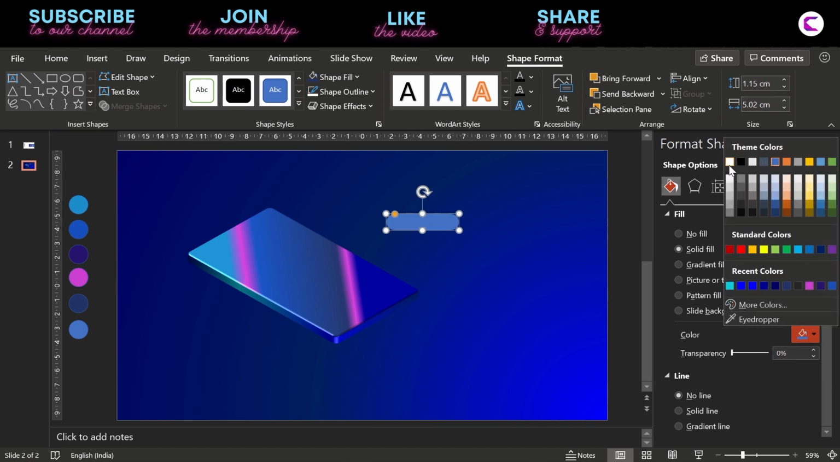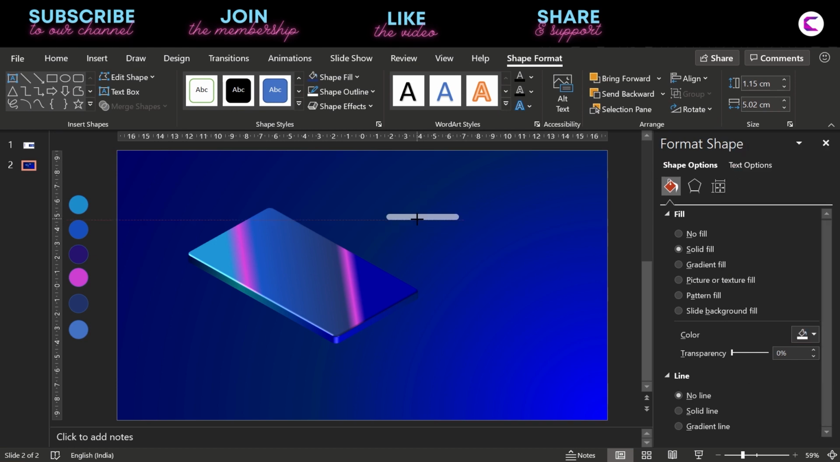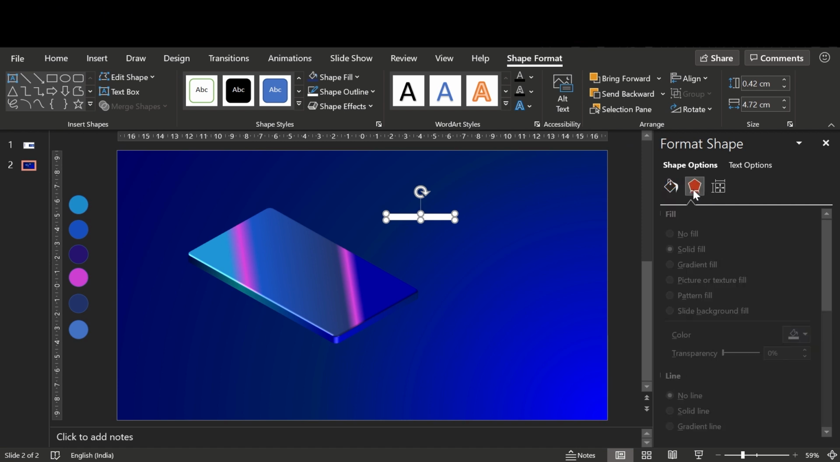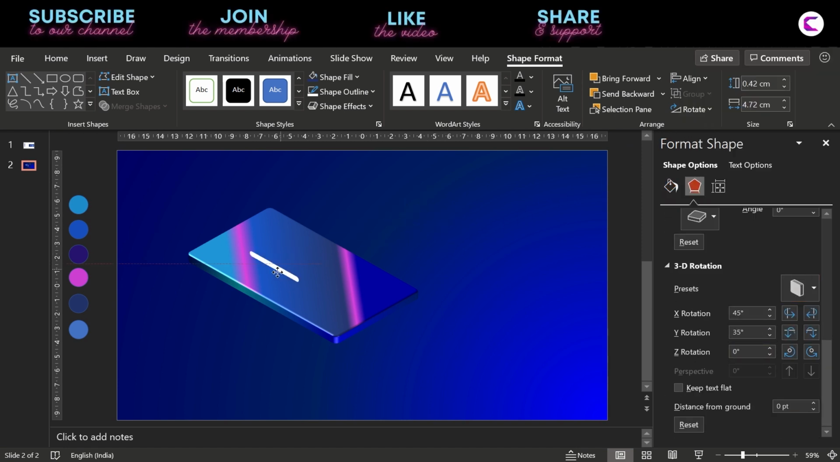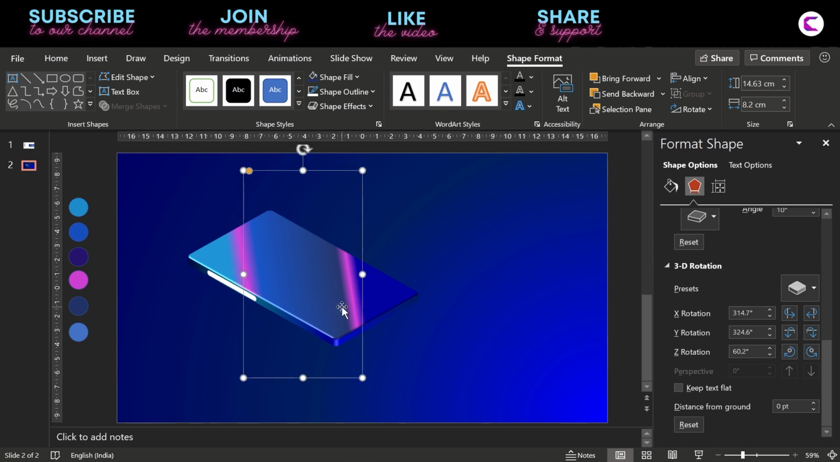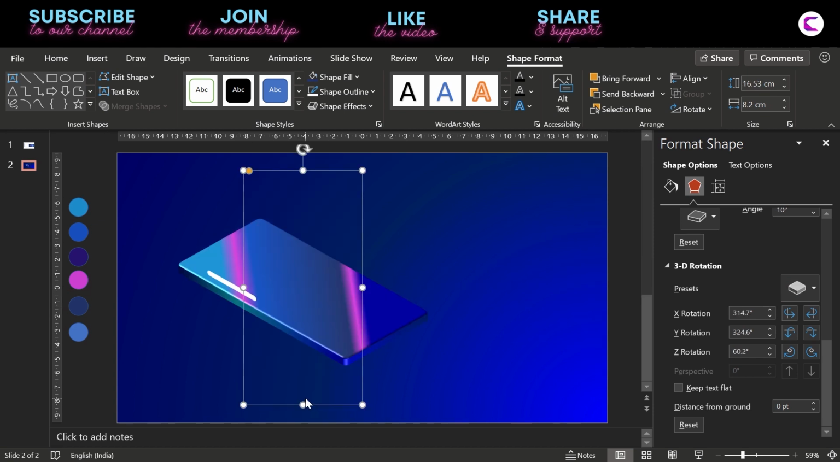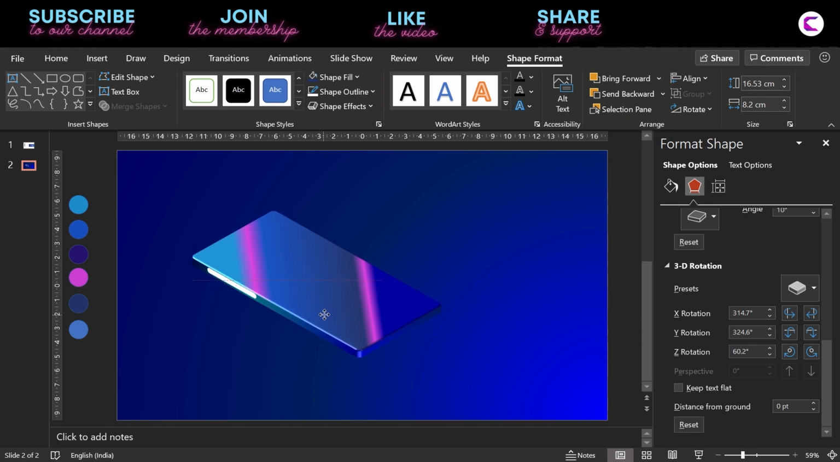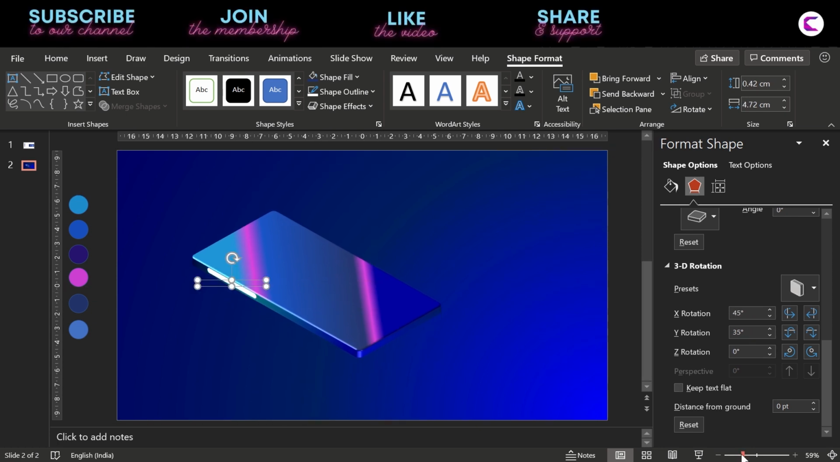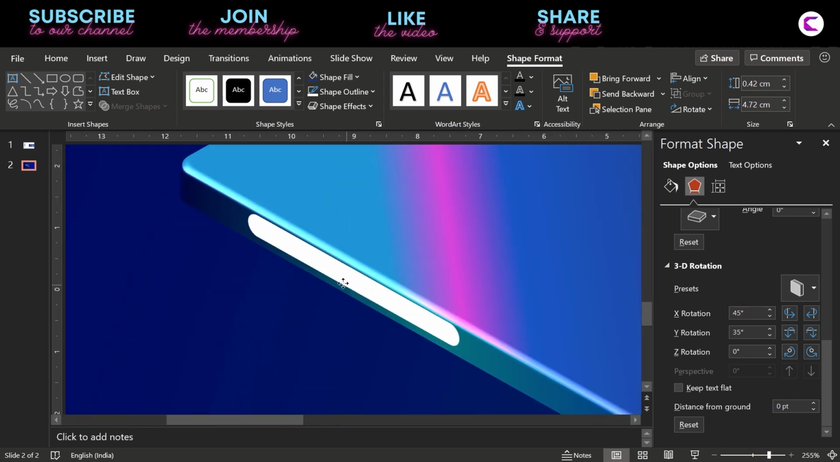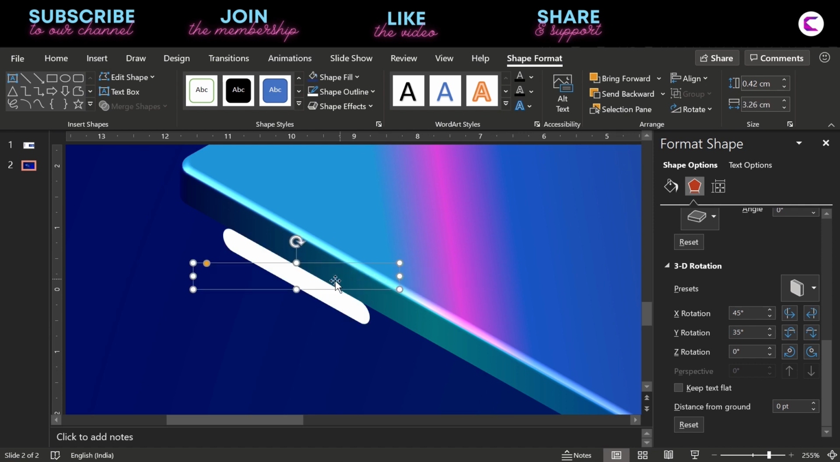Now we have to create the volume rocker button, and for that you have to insert this rounded rectangle here and change its orientation like this, but it's big as compared to the smartphone. So for that you have to make it small a bit, so zoom in on the slide so that you can easily select it. Then you can easily